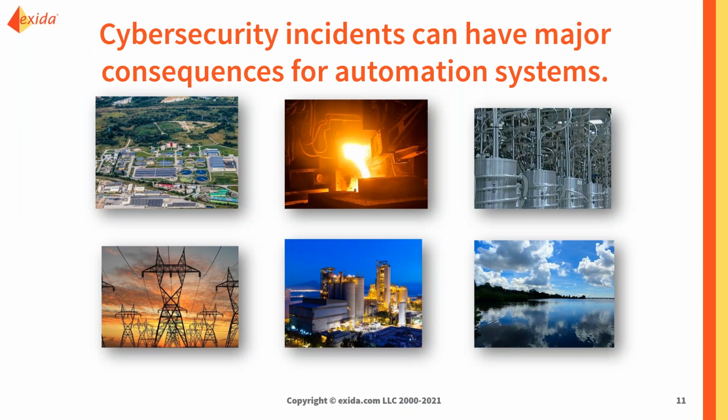And so if we start by looking at the consequence side of things, we can see that cybersecurity incidents for automation systems, because they are connected to physical assets and have the ability to change and manipulate those physical systems, really can lead to different types of consequences than for traditional IT systems. And so if we look at some previous examples of cybersecurity incidents, we can go back to the year 2000, when one of the earliest cybersecurity incidents was recorded in Shire, Australia, where a disgruntled former employee from an integrator actually compromised the water systems network and manipulated pump stations to lead to the release of hundreds of thousands of gallons of raw sewage to local streams, and really caused significant environmental damage